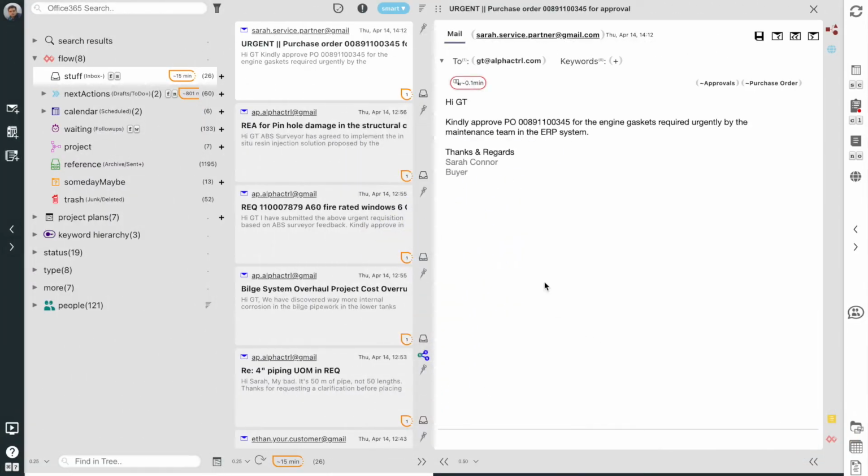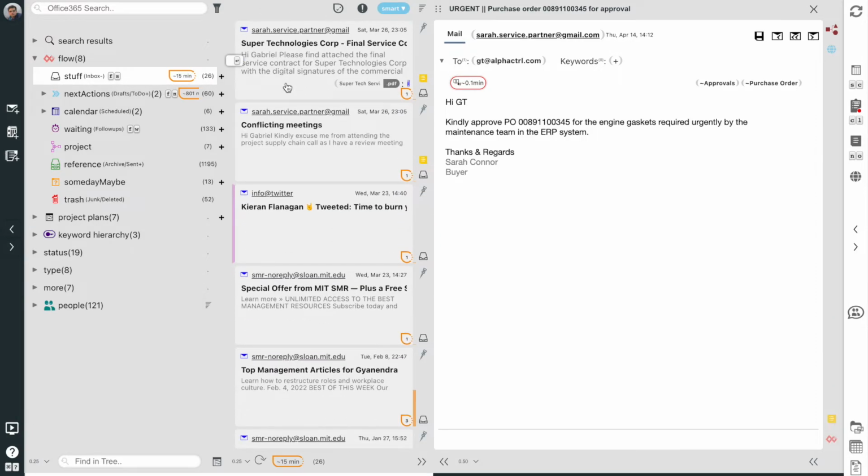The first step in the GTD process is Capture. The original book described an in-tray to hold all the incoming mails and memos, etc. In Alpha Control, we have Stuff, which we call Inbox Minus. Unlike my inbox, where I can hold thousands of mails for all eternity, Stuff is a short-term processing station for recently acquired information with automated clearing logic.